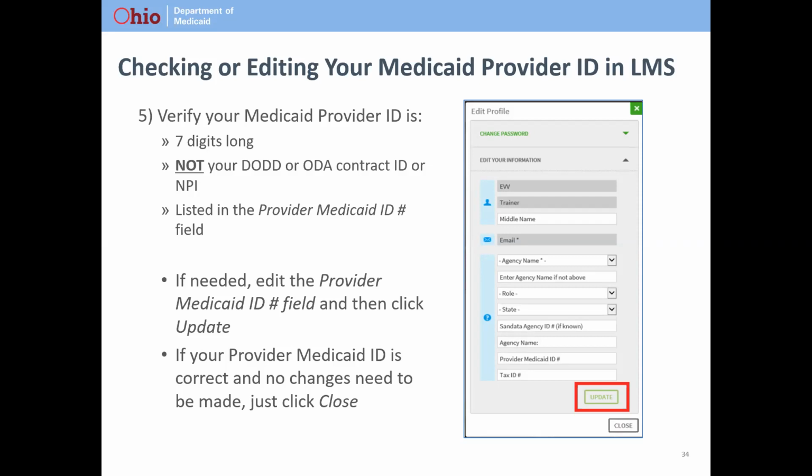There could even just be a typo with an extra 0 or something else in there, but that's the first thing to check. You would also want to verify that it is not your DODD or ODA contract ID that's been entered into that field, or your NPI number. So basically just make sure that it's the correct ID and that you only have your Provider Medicaid ID listed